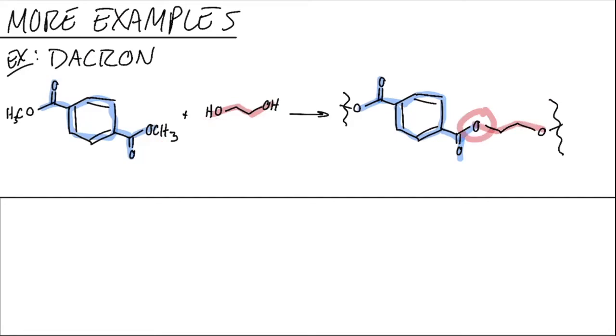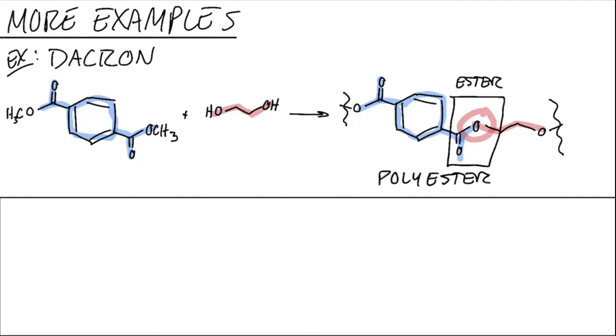We won't be doing any of the mechanisms for these, so you don't have to worry about mechanistically how we got to one place or the other. So what we've built here in the middle, this thing with both of those oxygens contained together, is what we call an ester functional group. And so the polymer itself is named a polyester,